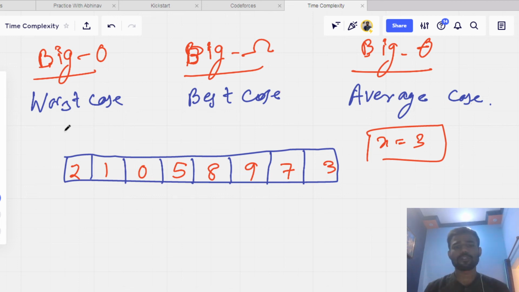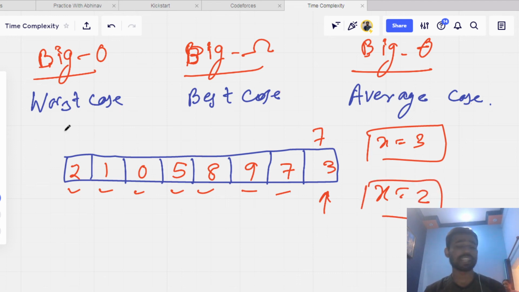So what will linear search do? It will check all the elements from the start. It will check 2, it is not equal to 3, it is not equal, it is not equal, it is not equal. Then it will find 3, that 3 is at the 7th index. It will give us the index value. So it is the worst case. It cannot take more than this. It is the worst case that the iterator has to travel 8 iterations and then it finds 3. For example, the value of x is 2.